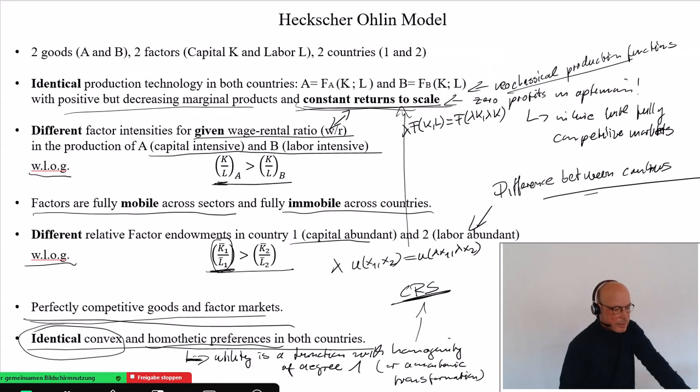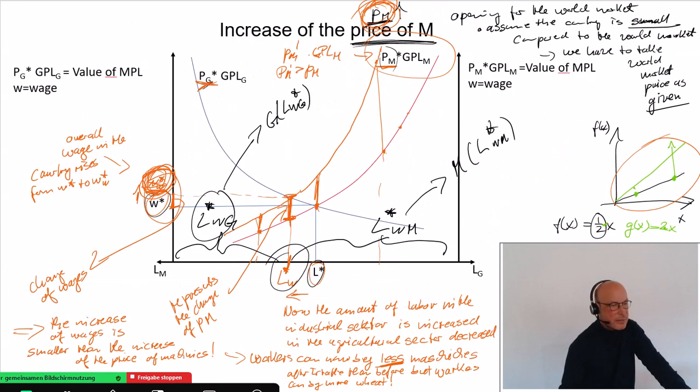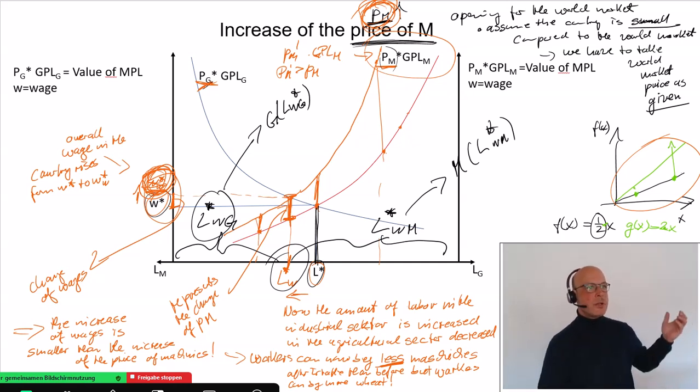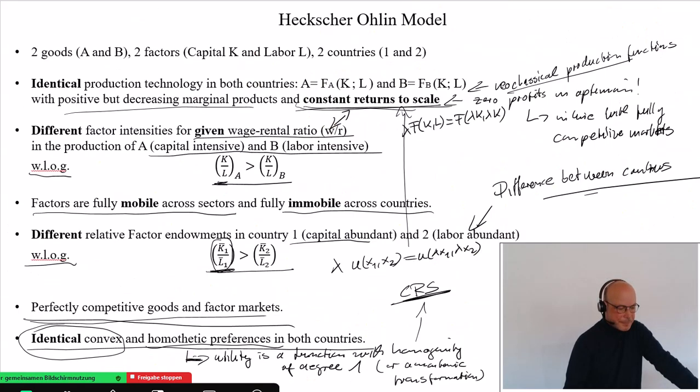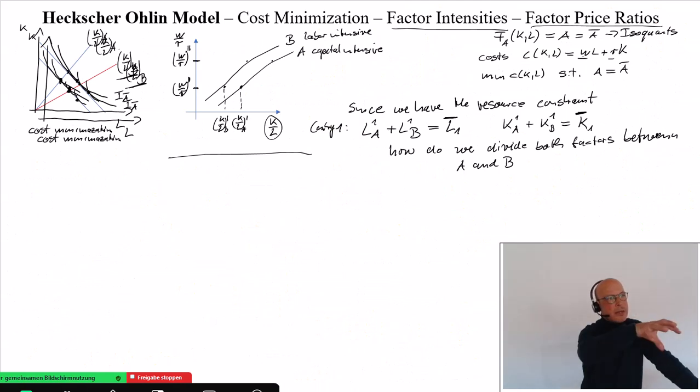And remember, this we have also done in the specific factors model, where we said we have two labor demands, and the intersection of these two labor demands is the division with which I'm producing in the agricultural sector and with which I'm producing in the industrial sector. Right now, we are not arguing via the overall demand, but what would be under,